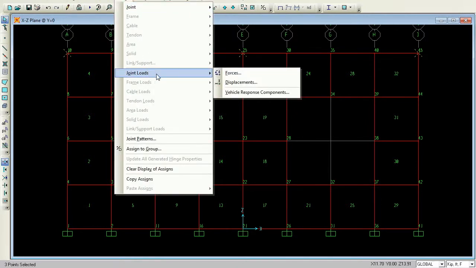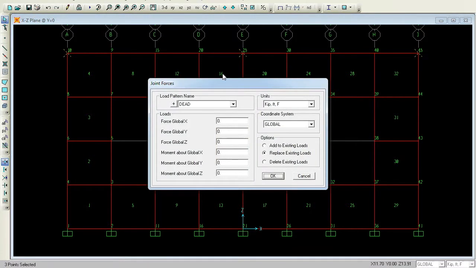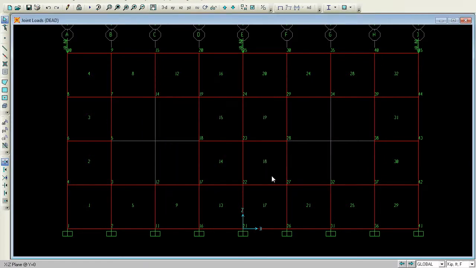It is a joint load, so it is forces. It is dead load, acting in the Z plane. It is just an example; I am giving some loads for the sake of example. It's up to your wish to choose whatever kind of loads you need. So I'll go for minus 10.8, and press OK.